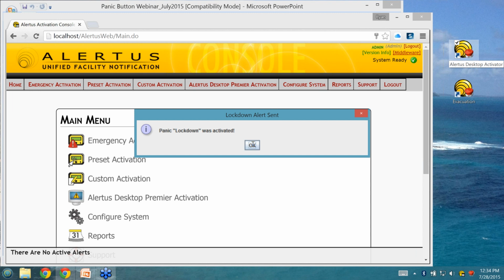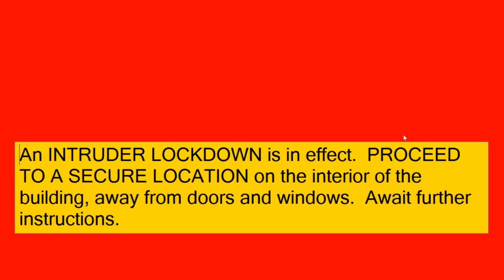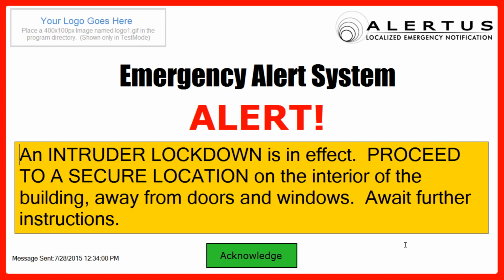Like I said, this could go to the building that you're located based upon where you activated that, to the users that you specify. You can really build that out ahead of time, however you want. And just go ahead and cancel that out. And just to show you the all clear, I'm going to go ahead and activate that from the user interface, from the system tray. We've got our all clear preset that then goes out to return everybody to normal